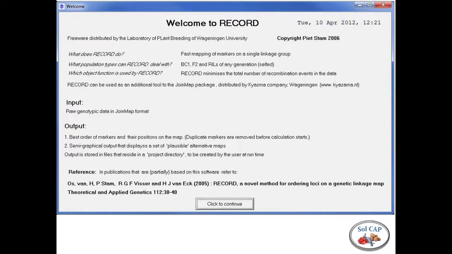If you download the program for Windows, it takes about 2 minutes, or not even, it's very, very quick. It's a simple program. You get an opening screen, and it tells you a bit about the program and the types of populations it can use. So what does it do? It maps markers for a single linkage group. And these are the types of populations it can use: backcross, F2s, recombinant inbred lines. You can, of course, use double haploids under the backcross command, but your distances are